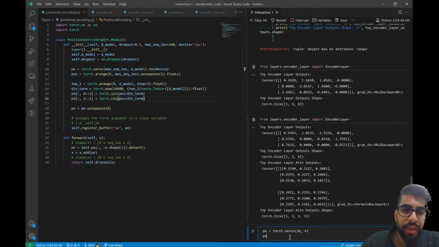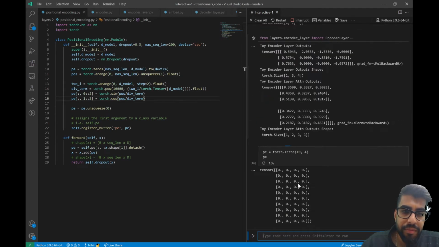And if we just run this, we can see that we have 10 elements down and 4 across. So this is a 10 by 4 matrix. Okay, and now what we're going to do is we're going to create a list of, or we're just going